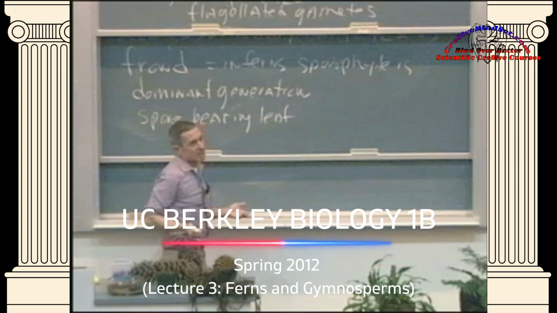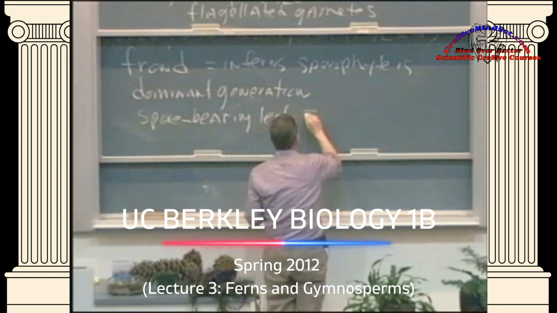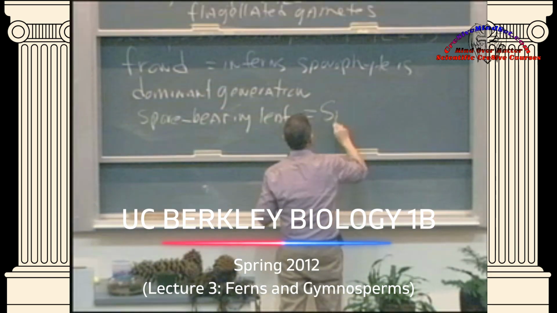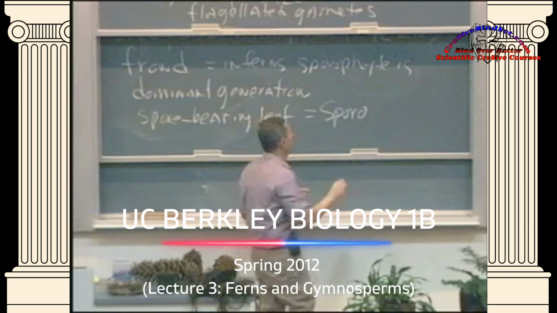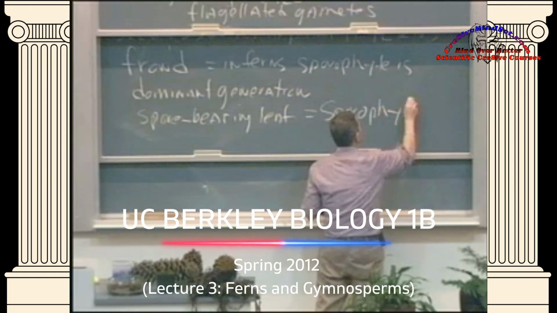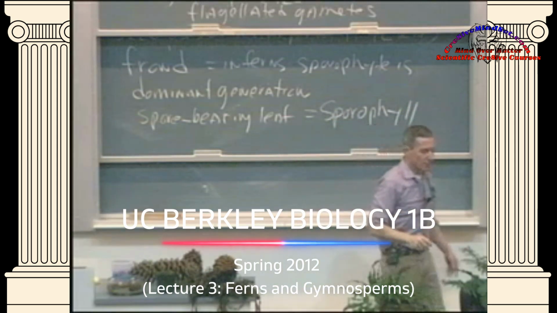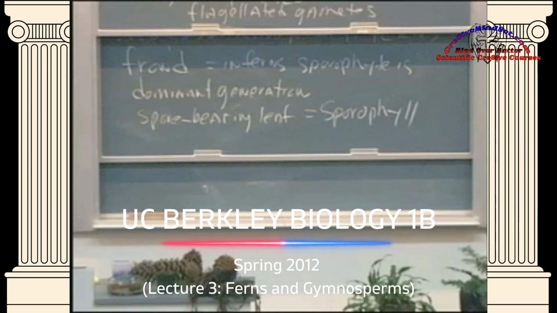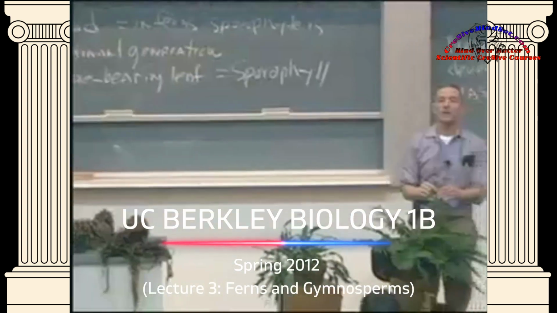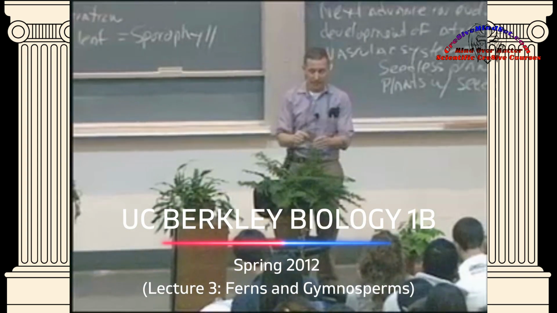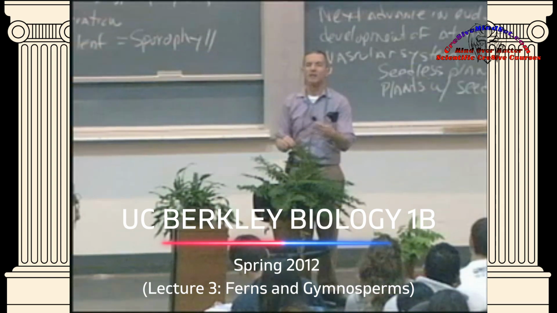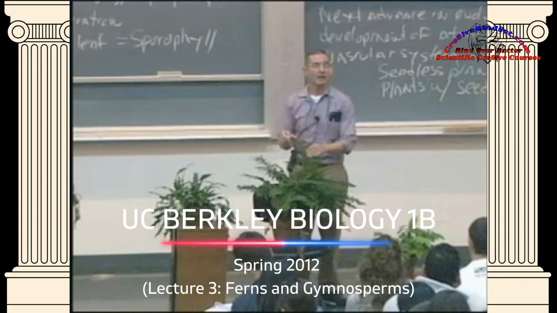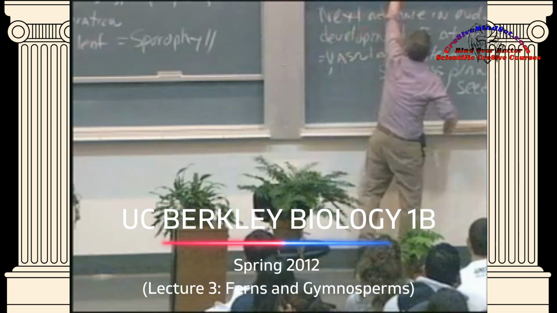And we give it a technical name, and that technical name is based upon its function. We call it a sporophyll, because it has spores involved with it. So the fern that you see up here has these leathery leaves, which are fronds, and they are also sporophylls because they make spores. Now, are these spores just sitting here on the leaves, just waiting to be picked up by somebody or fall to the ground? In fact,